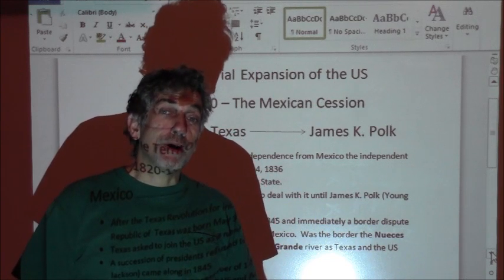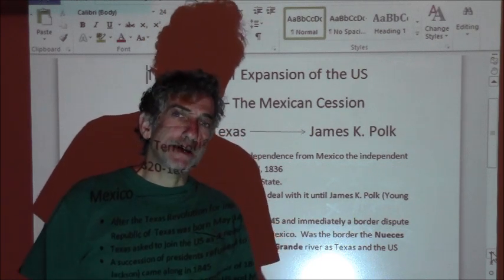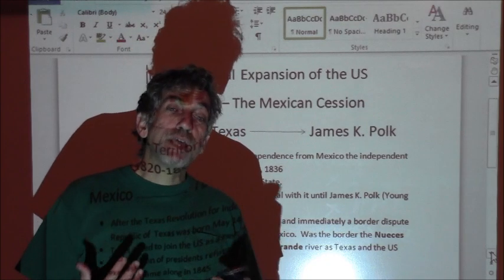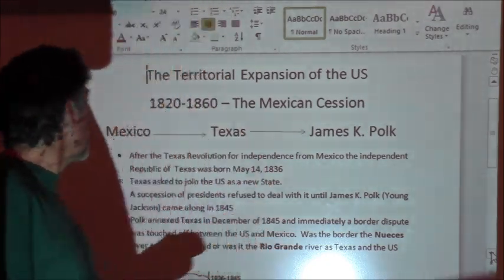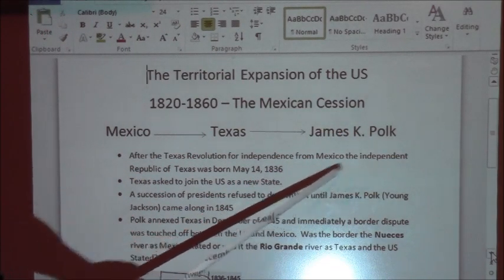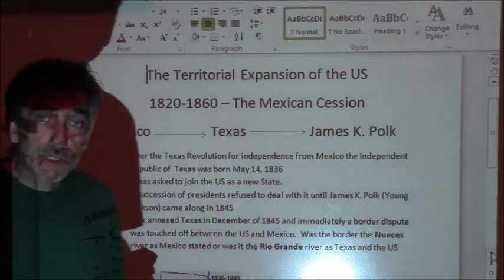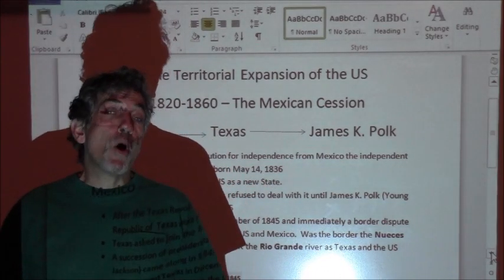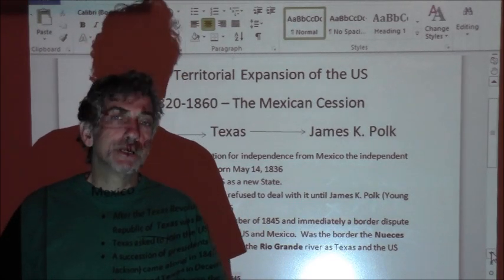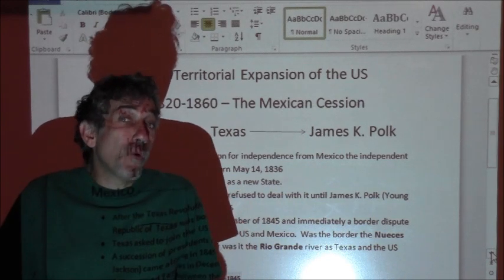And that's all part of the whole Alamo and all that other stuff, which we're not going to go into right now, because that's not really part of American history, and some people will dispute that with me. So Texas becomes independent. After the Texas Revolution for independence from Mexico, the independent Republic of Texas was born on May 14, 1836. Now the people in Texas wanted to be part of the United States for a whole bunch of reasons. First of all, they were all Americans. Second of all, they wanted any protection the United States government could provide for them,